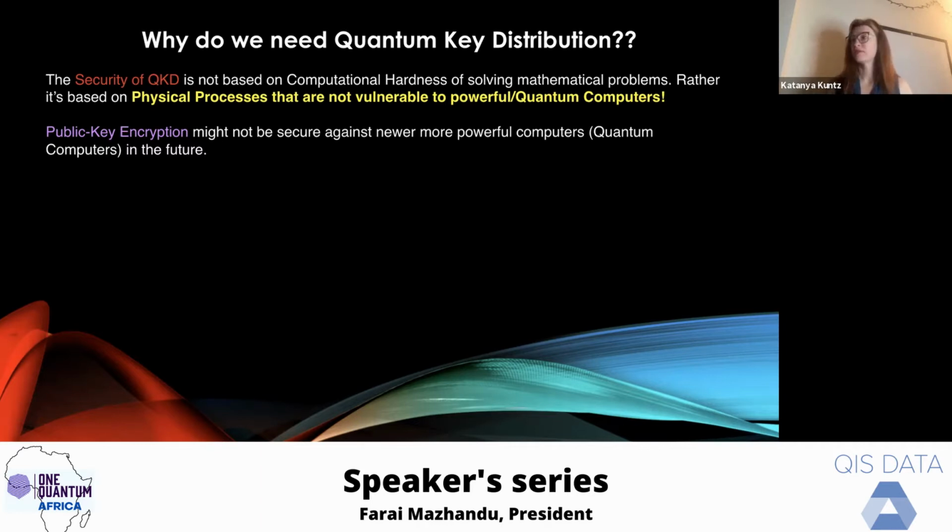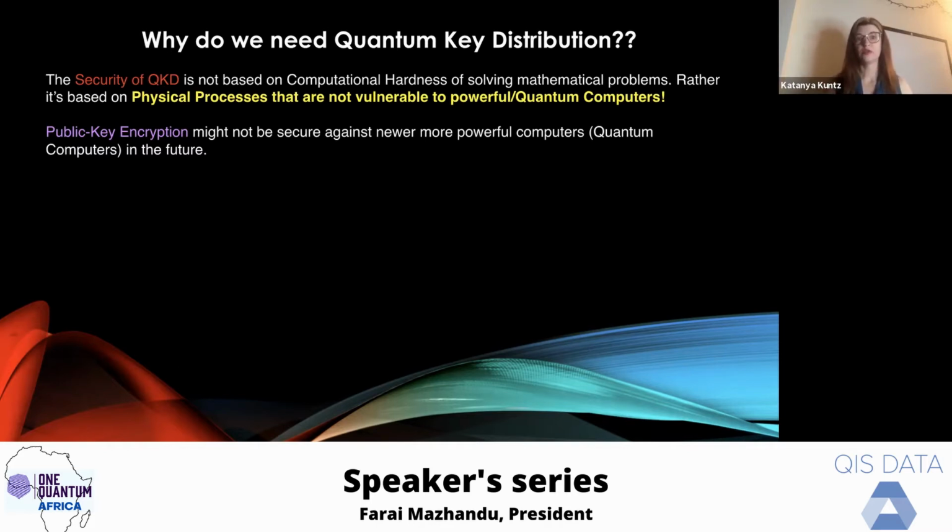It's usually we use public key encryption, okay? Public key distribution. The security of a public key is reliant on not being able to solve very difficult computational problems. So factorizing a very large number into two numbers, that's a hard problem for a classical computer to do. A quantum computer can do it like that. So we need to have a replacement for that type of security.